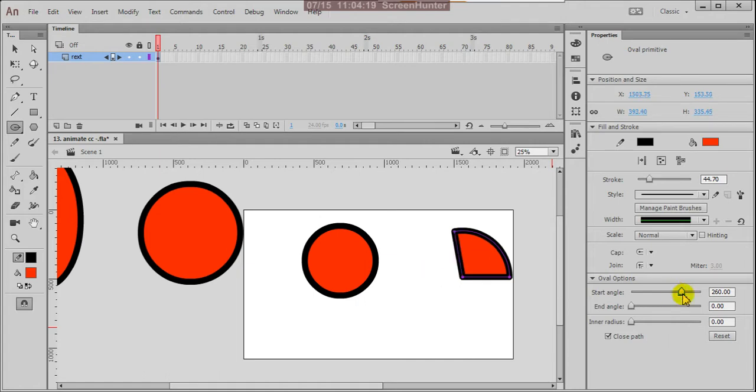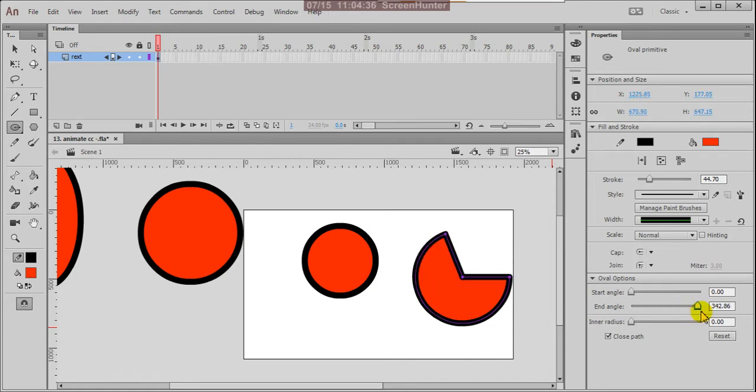Sometimes we want these shapes. Suppose this is the end angle, check the angle of this. And here the inner radius. If you see this, there is a hollowness it is creating.